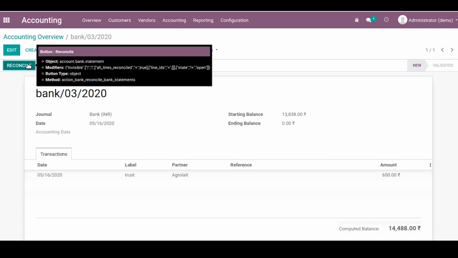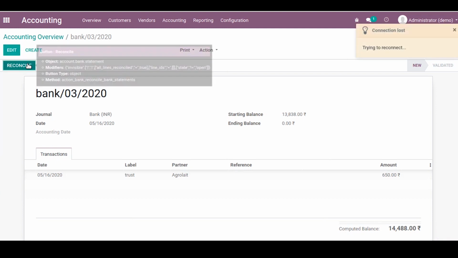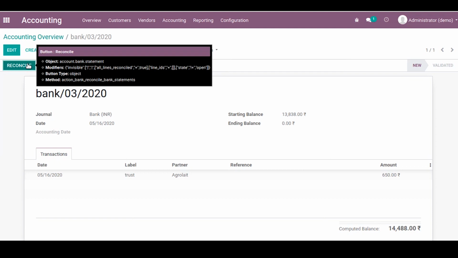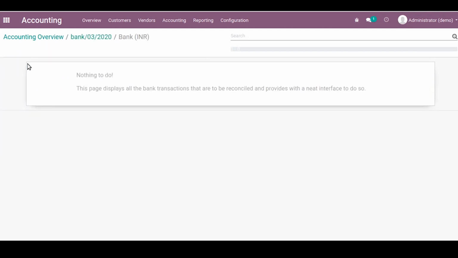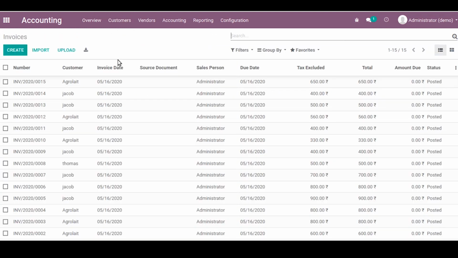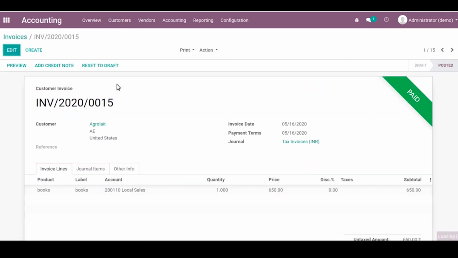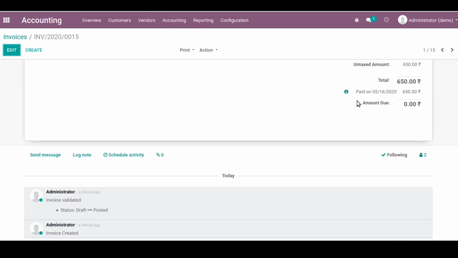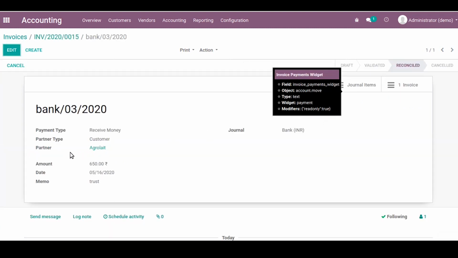So when we reconcile this one, the invoice will get automatically reconciled. So now let's go to the invoice and check it. So it got paid. And we can see the payment is there.